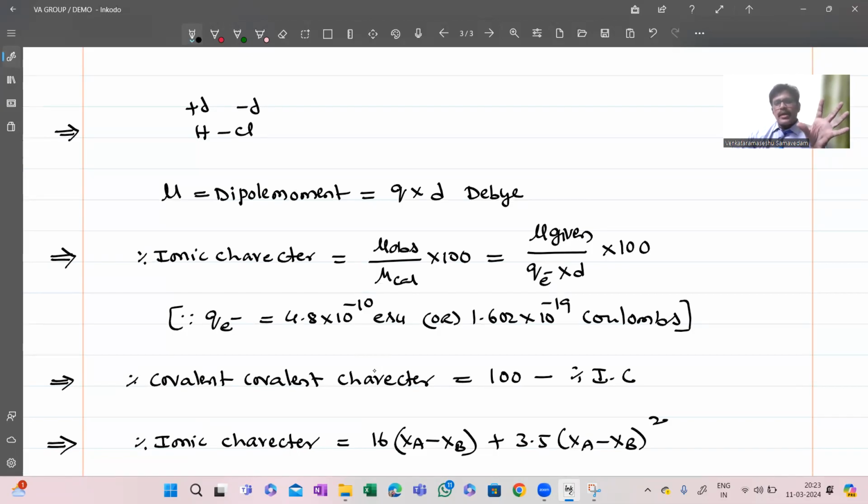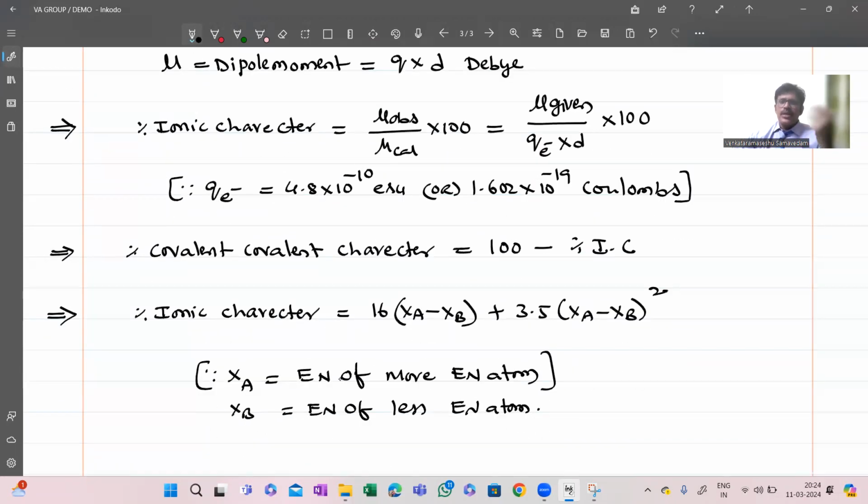Total ionic character is expected to be 100, but it is not happening. Whatever ionic character we are getting, it may be 60% or 30%. That ionic character you have to subtract from 100, then you will get the percentage of covalent character. Sometimes, based on the electronegativities, they will ask questions. If you know the electronegativity of the more electronegative atom and of the less electronegative atom,